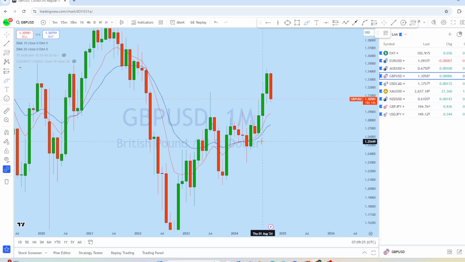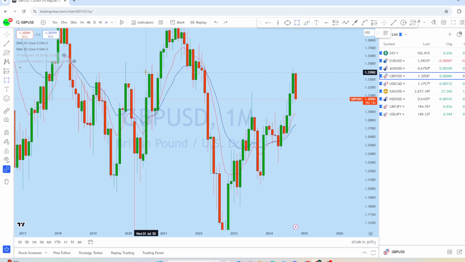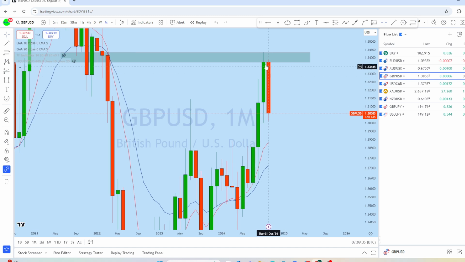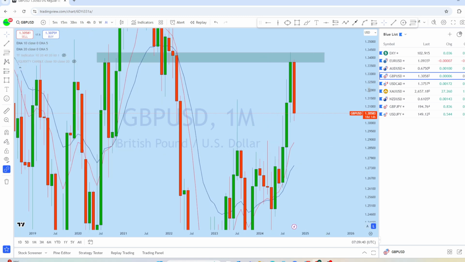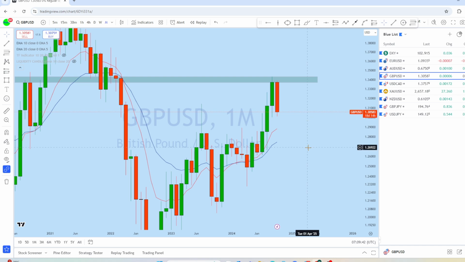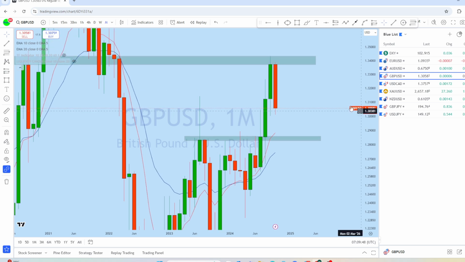We can see that there is strong momentum on the monthly, back-to-back 3 months of bullish move on GBPUSD, followed by, as we can see, this monthly candle, which is in fact a very strong drop on the monthly. What we can expect is for this market to continue to drop, and I think the price may continue to drop to the support level, where we can expect the market to come down for a deeper pullback.